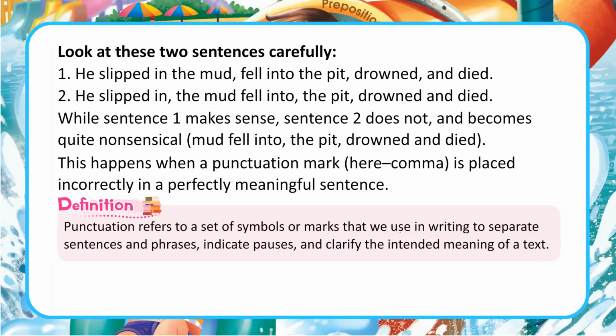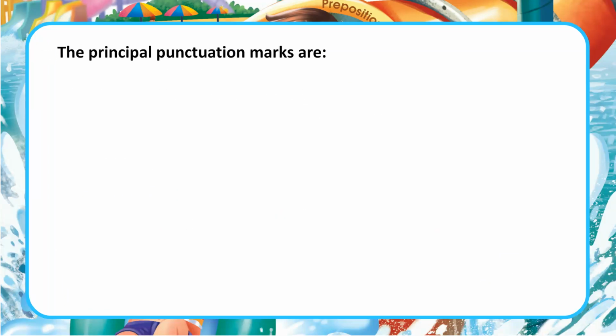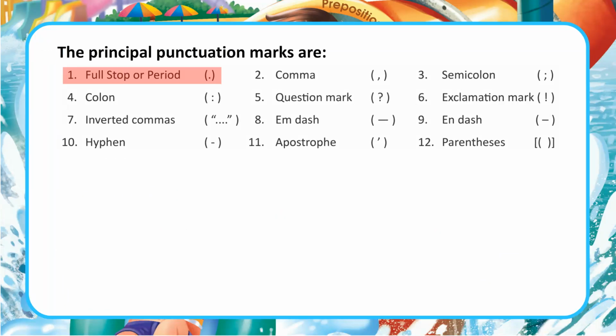Definition. Punctuation refers to a set of symbols or marks that we use in writing to separate sentences and phrases, indicate pauses, and clarify the intended meaning of a text. Punctuation marks serve to effect the required pauses and stops in writing, and they also help in the construction of different kinds of sentences. The principal punctuation marks are: